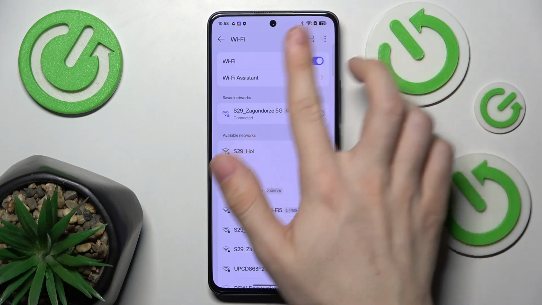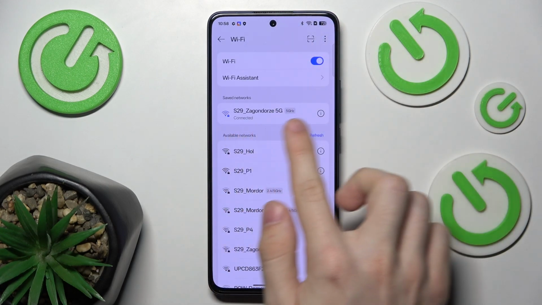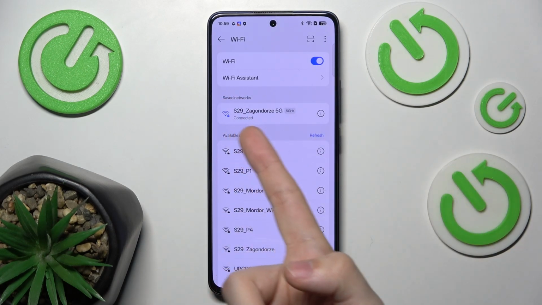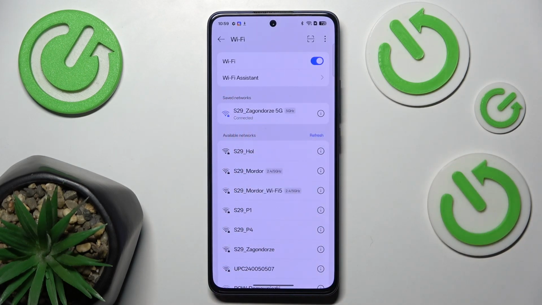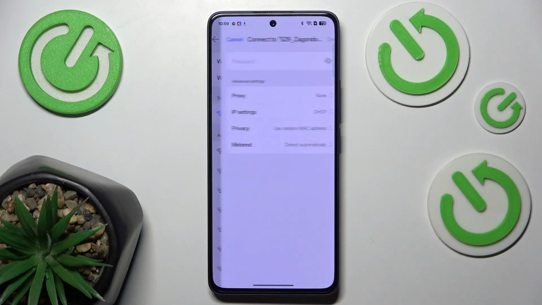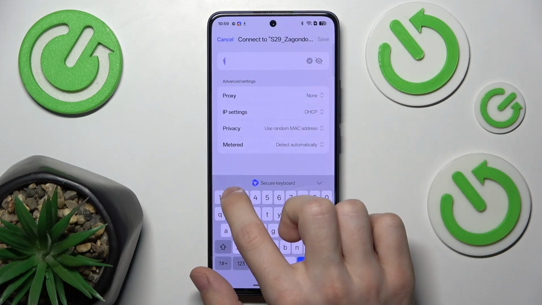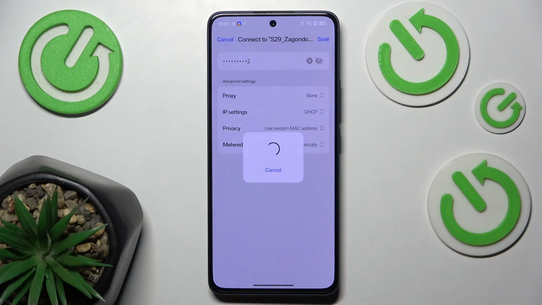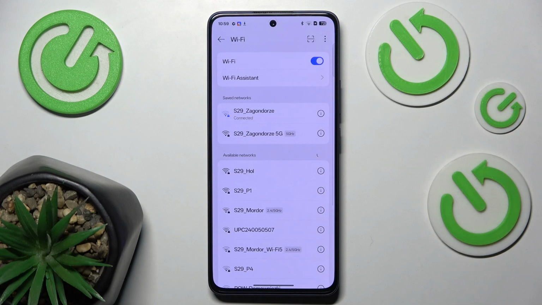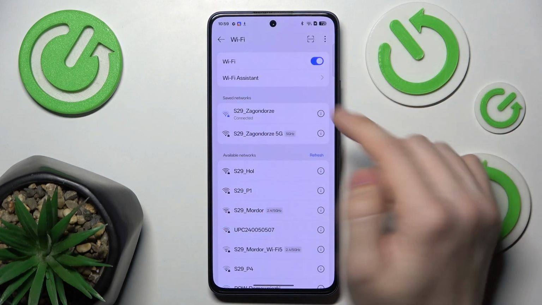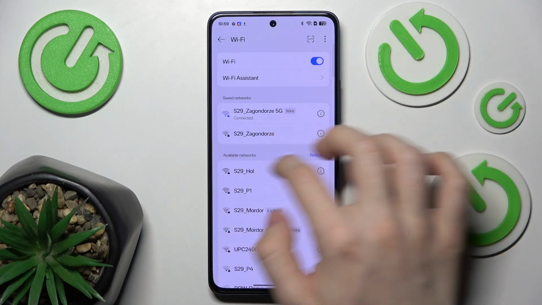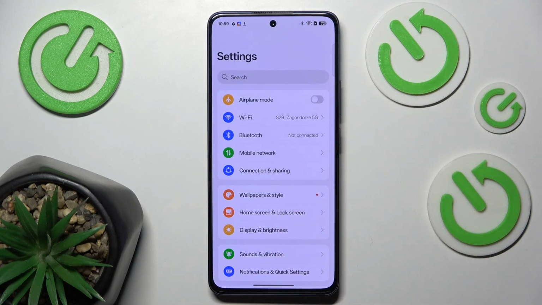Then make sure Wi-Fi is enabled, and if none of the networks looks like in my case when it says connected, then just choose the network you want to connect to, enter its password and click on OK. Now it should connect. I'm gonna reconnect myself back to that previous network because it's faster, and let's go to the next step,